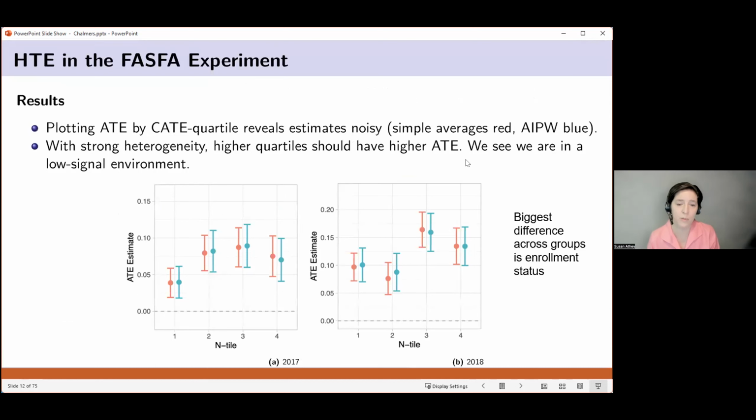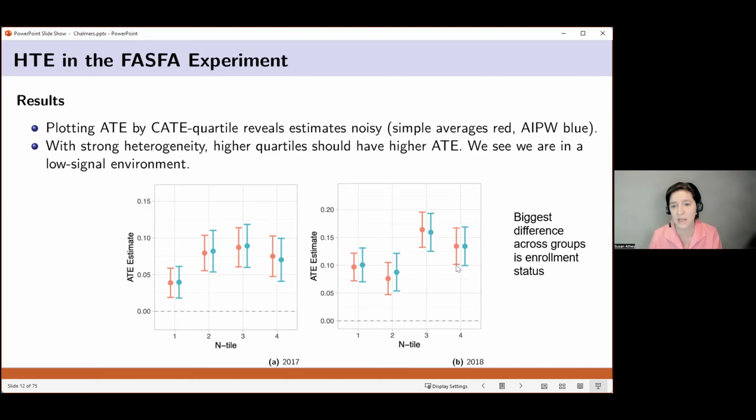So when we estimate the heterogeneous treatment effects, we then put the observations into groups, and in this case, we do them according to the estimated quartile of treatment effects. So higher quartiles of treatment effects should have higher ATE, average treatment effect estimates, and lower quartiles should have lower average treatment effect estimates. And this is done using held out data. We use cross-fitting, so that the data that's used to put you into a quartile isn't the same as the data that's used to compute the average treatment effects.